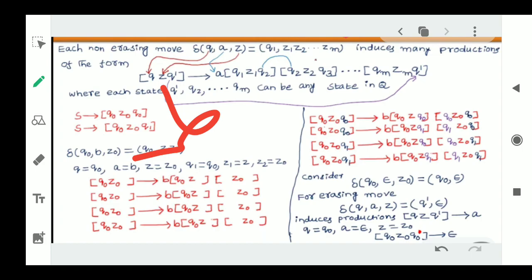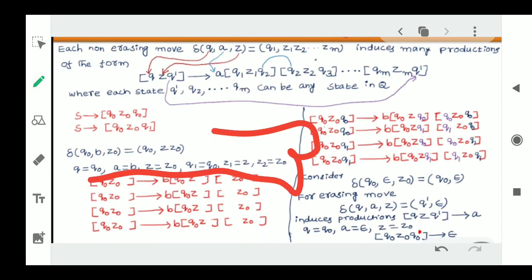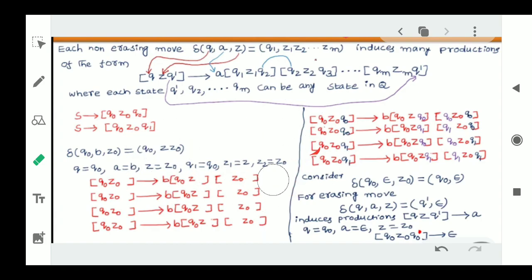In the previous page itself I explained to you, this is our first rule, rule 1, we have already solved. We have just substituted Q0 and Q1, and that's it, we have got these productions. And in rule 2 we have also taken all the values, like what is Q, what is Q0, like that we have taken all the values also. And now we will see, we have to take multiple productions here.